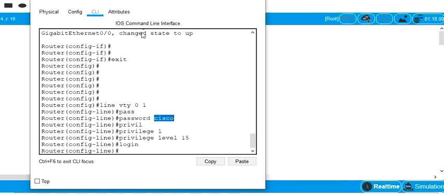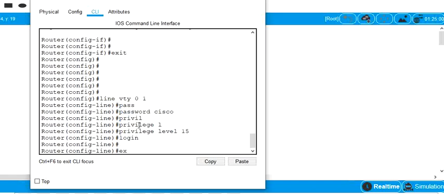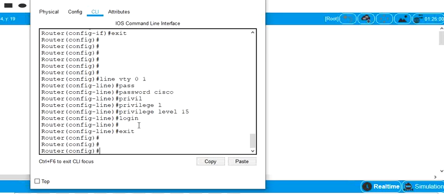Irrespective of the password which we have set in the line VTY command, we can also use a username and password, which we can create locally in the router.